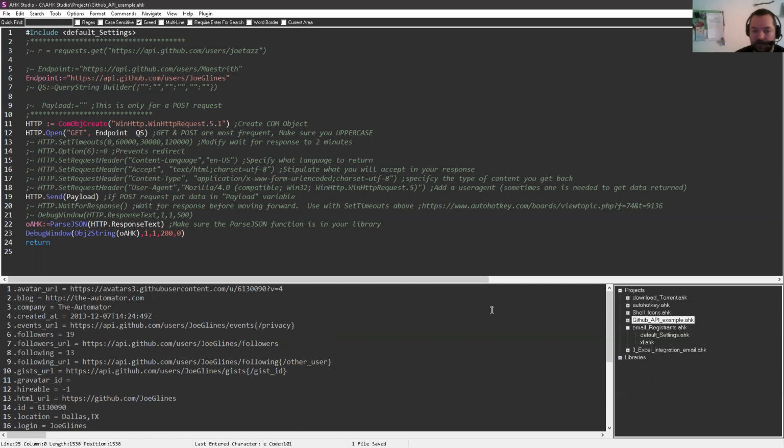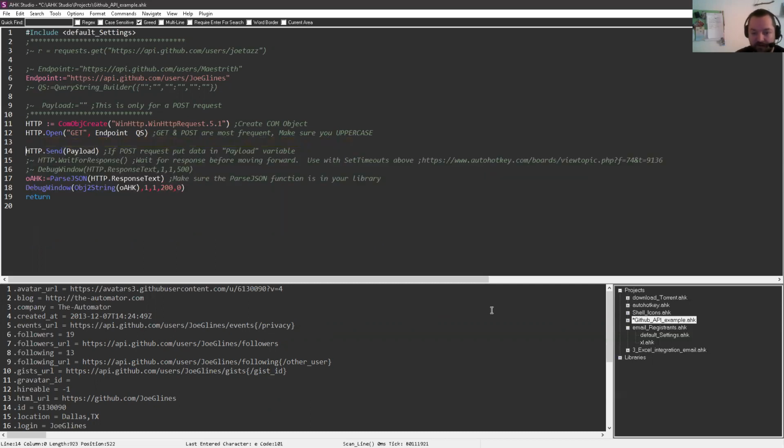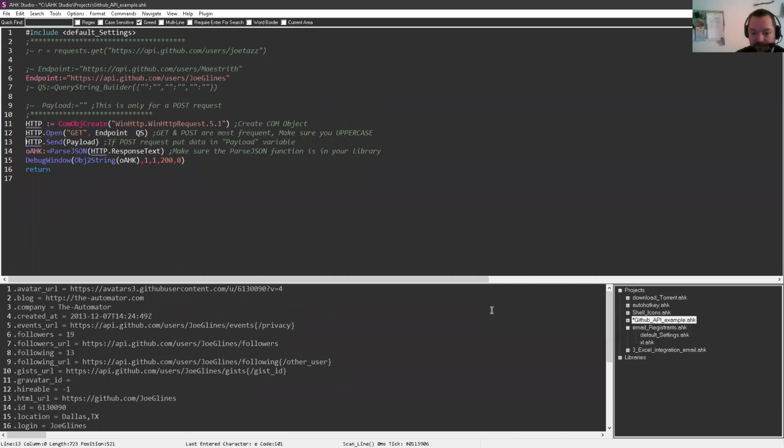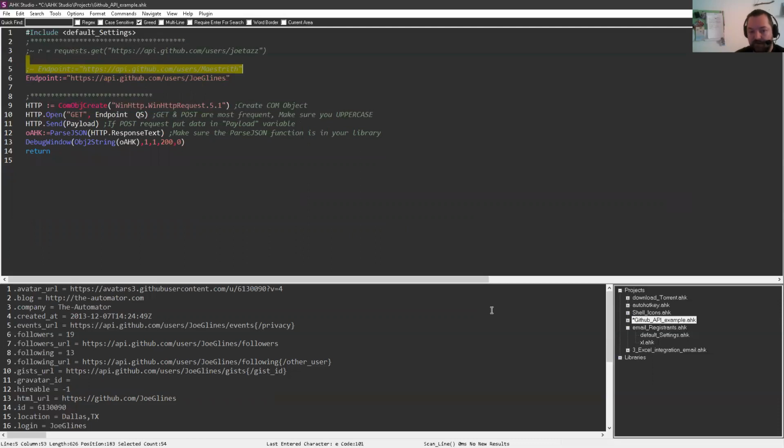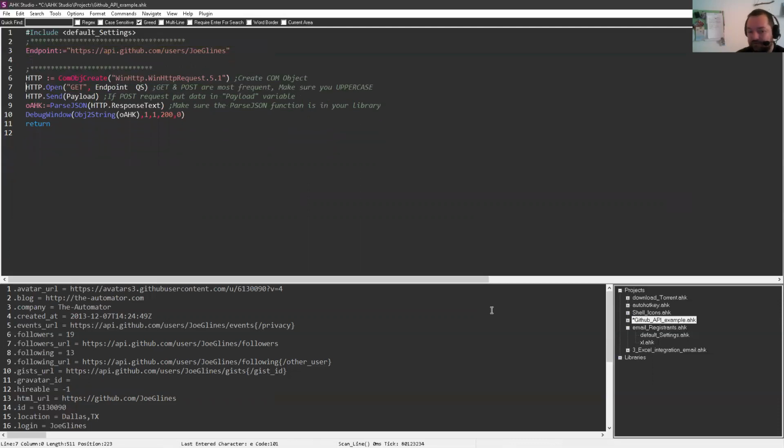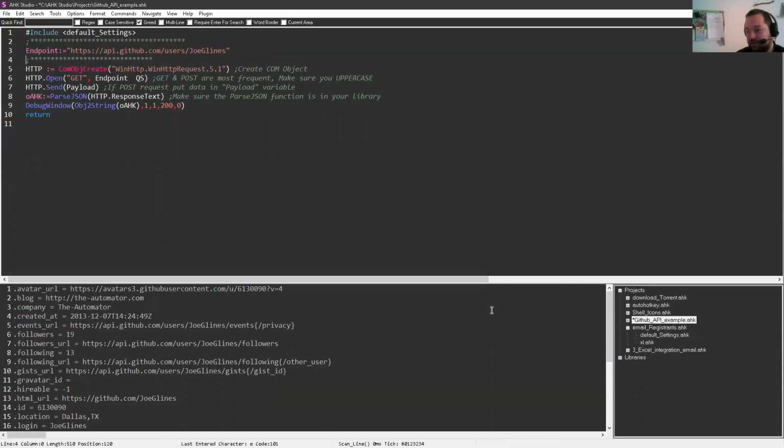Exactly. And again, if it's fairly simple, here in your example there's a lot of stuff that's commented out and all that, but it's only the lines that are really in color here, where your default settings are not needed, but the endpoint, the COM object create, the open and the send are really the lines that are most important here. So almost nothing is needed to do the exact same thing. And by doing this, you make something that resembles what's in the article that we just looked at.